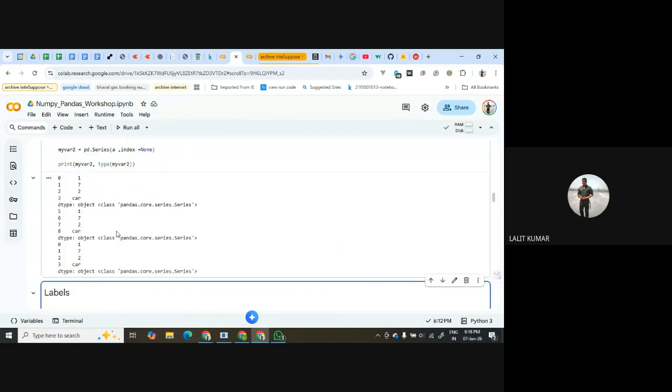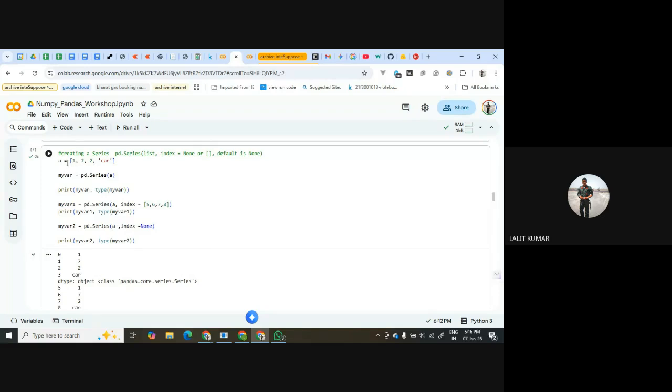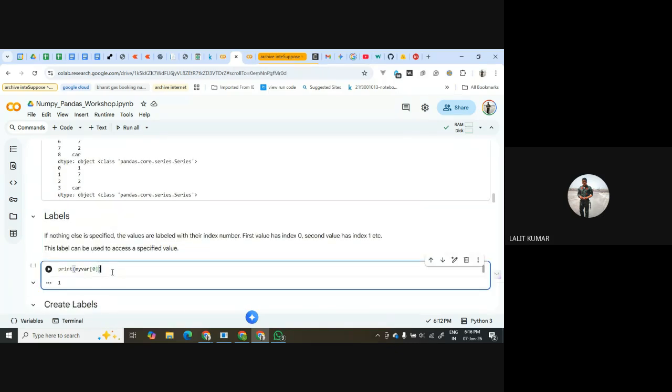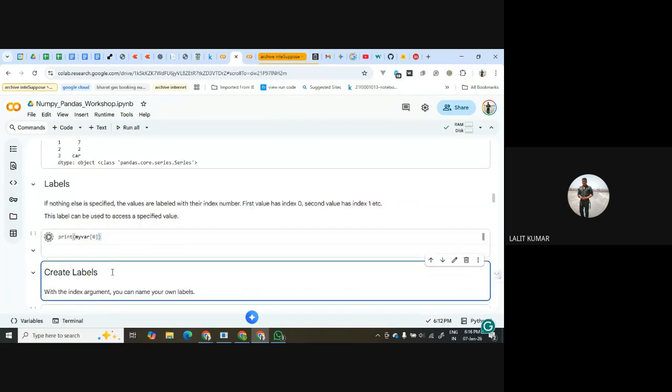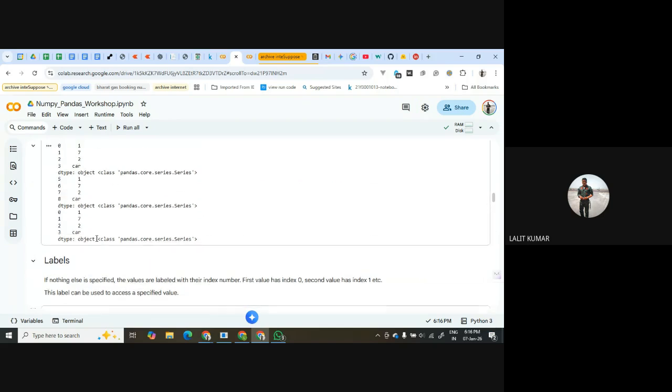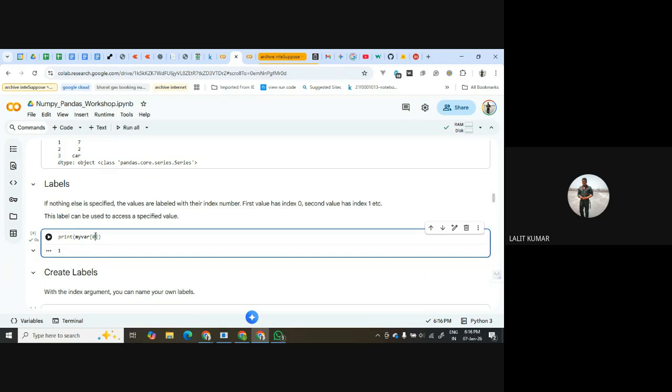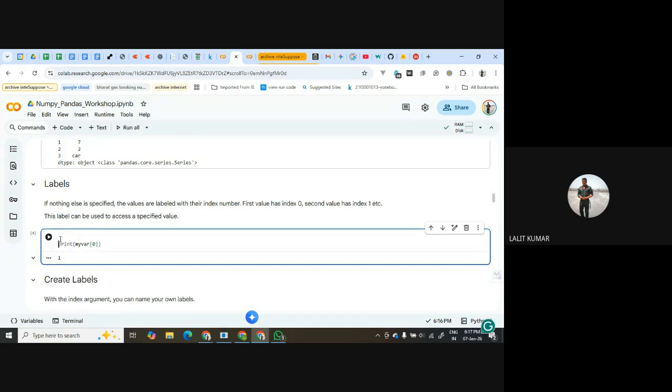So we had defined my var, which was 1, 7, 2 and a car, and there was no index. I can select my var 0 because the index is there, and at 0 the value is 1. Let me first print my var.